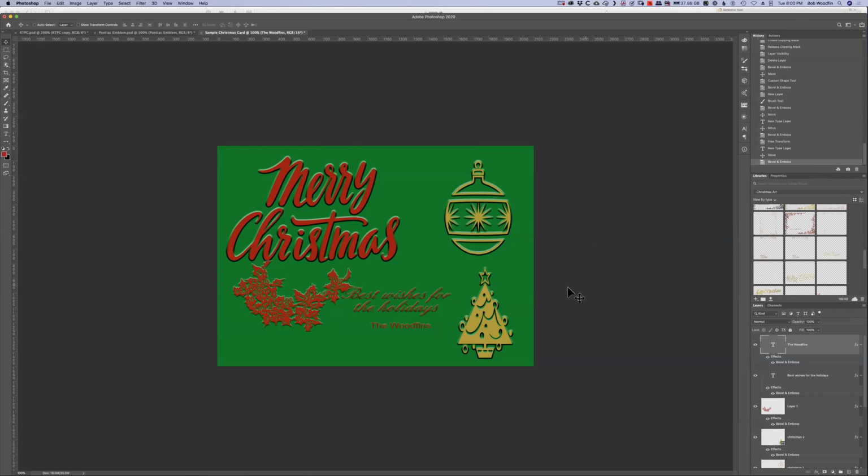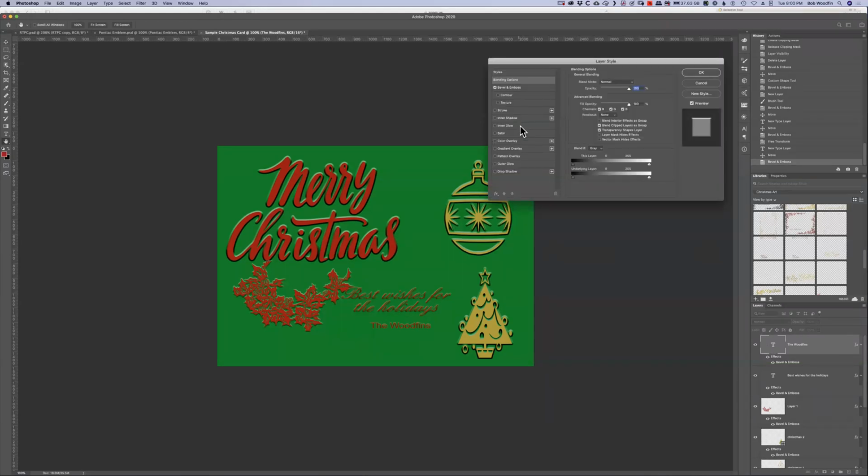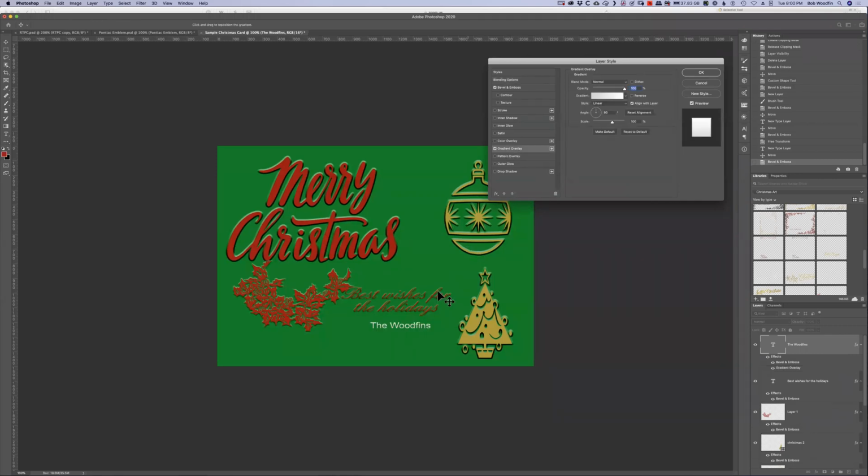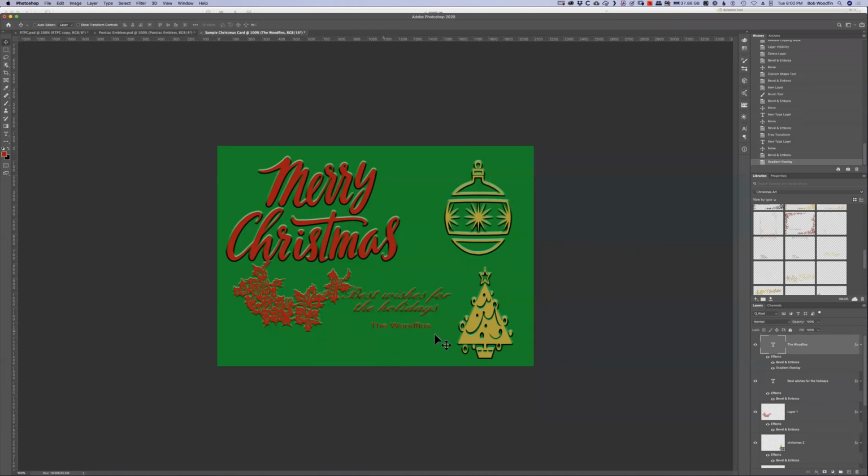And there's more to it than this because there are some other things that we'll talk about, like inner shadow and inner glow. Those will have an effect on what it can look like on the inside. There's gradient overlay. If I click on gradient overlay, there's some really cool stuff you can do there. For example, right there. Now that's on the wood fence, so you can't really see it. But if I did it on